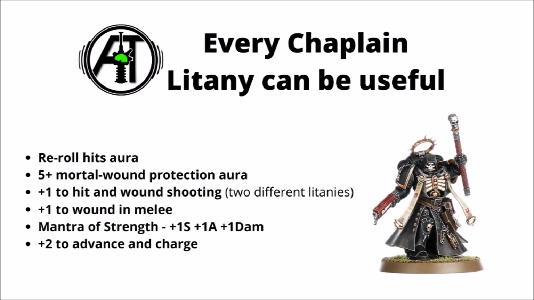And finally, talking Chaplain Litanies, I feel like Games Workshop have done really quite well with these, as I think that every single Chaplain Litany can be useful for the right army. Full hit rerolls in melee is very powerful, and quite nice to always be able to flex into that. 2 litanies for +1 to hit and +1 to wound when shooting can be great with a firebase, such as paired with a few dreadnoughts. He can get +1 to wound in melee, which is a nice melee buff too, the +2 to advance and charge that we mentioned earlier, and the mighty mantra of strength, which can turn a regular chaplain into a combat